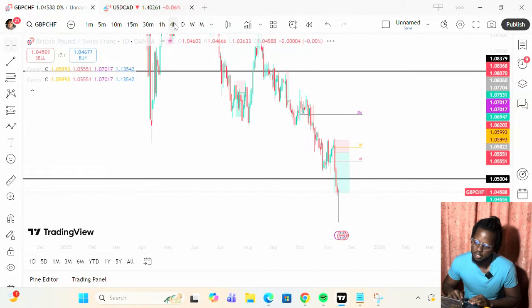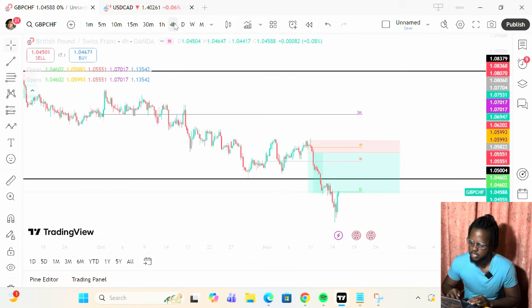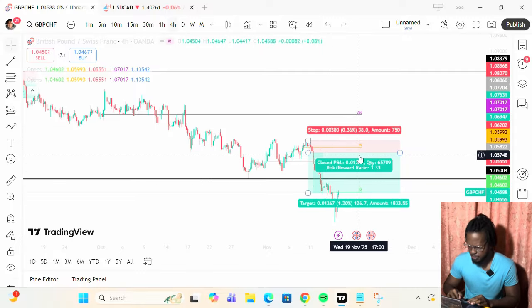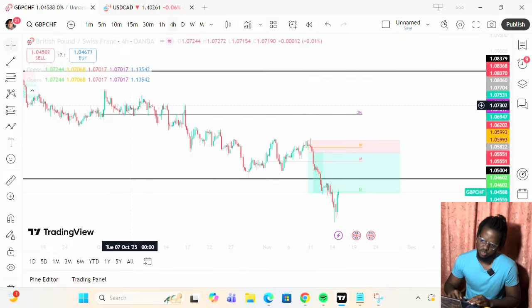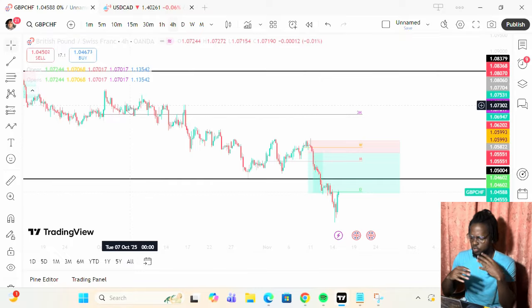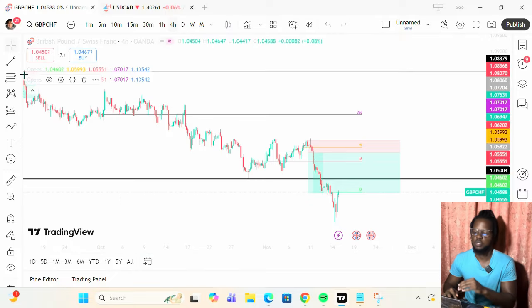So yeah, I think that's it for Swiss pairs. I'm just gonna keep holding my CAD Swiss, and I'll be waiting for pullbacks. Honestly, if this can come back to the monthly open, I'm gonna short it. Same with all the pairs. So just keep an eye on the group. If we can have a pullback on all these franc pairs, especially the New Zealand and the pound, because those are the 2 weakest pairs, then we're gonna continue shorting it.